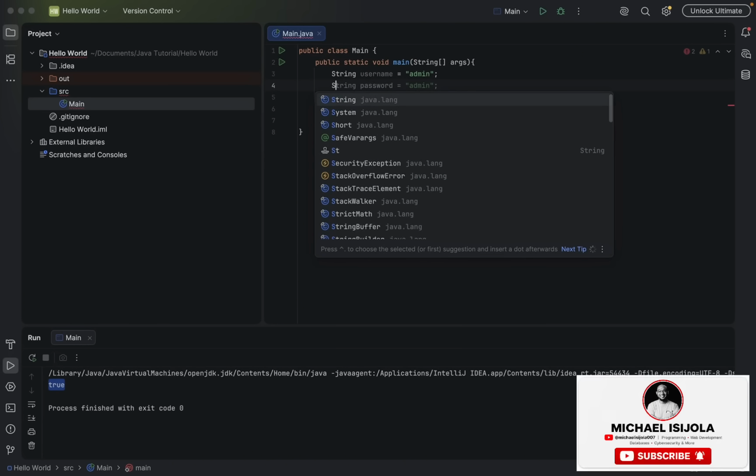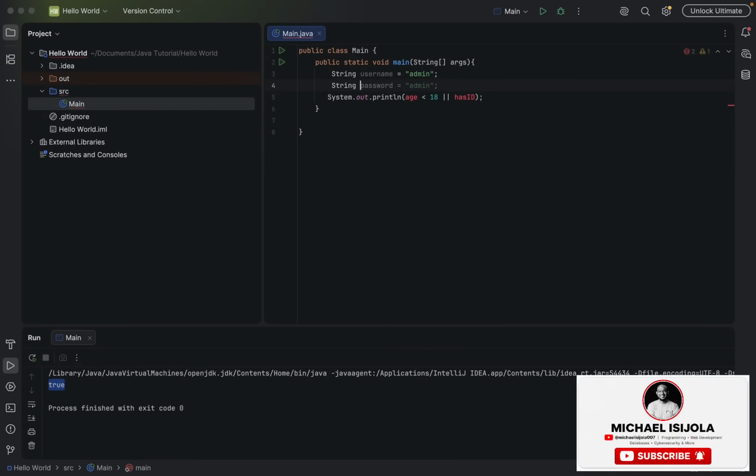And we have the string password, that's a bit of a typo, to be equals to, let's say, 1 2 3 4, and this is an example of what you're going to